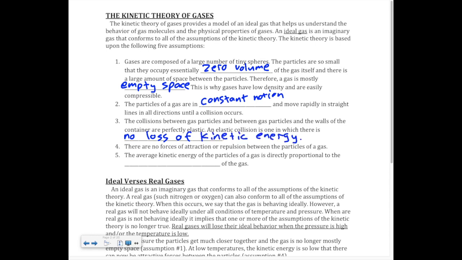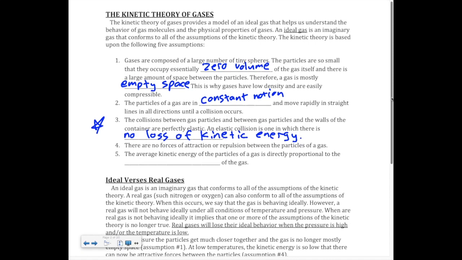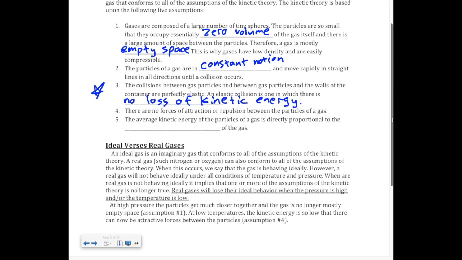This is the one that a lot of students have trouble with because they think of gas particles as tennis balls, and tennis balls do lose their kinetic energy, but gas particles do not lose kinetic energy when they collide with things. So now, number 4, there are no forces of attraction or repulsion between the particles of gases. And number 5, the average kinetic energy of the particles of a gas is directly proportional to the absolute temperature